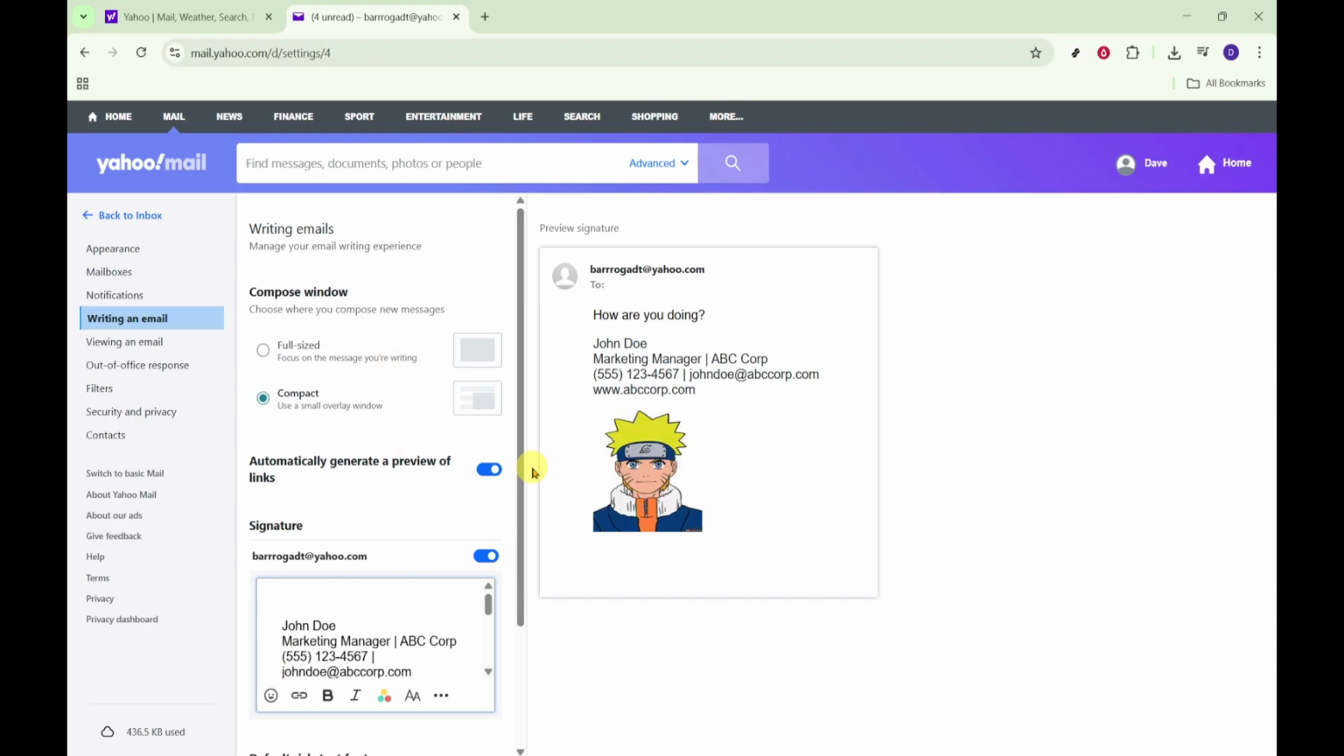A couple of quick tips to keep things smooth. Use a high-quality but lightweight image file to avoid slow loading. Keep your signature concise and focused on essentials, and avoid placing sensitive information in your signature. If you manage multiple mailboxes, confirm you're editing the correct account within the settings panel so the signature applies where